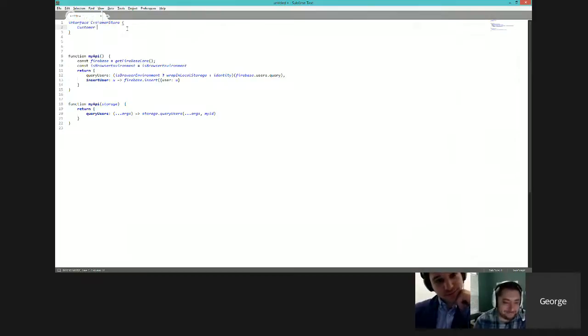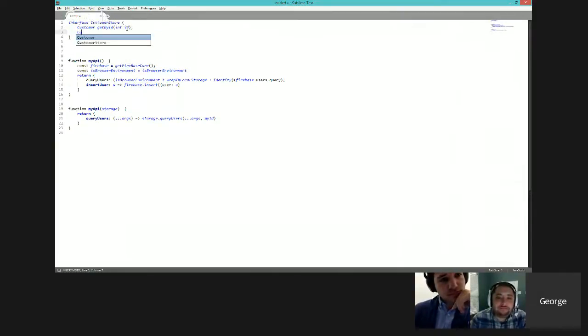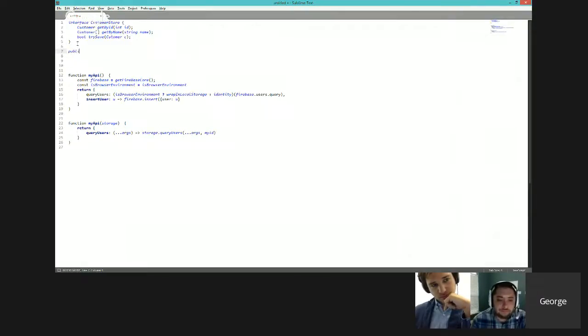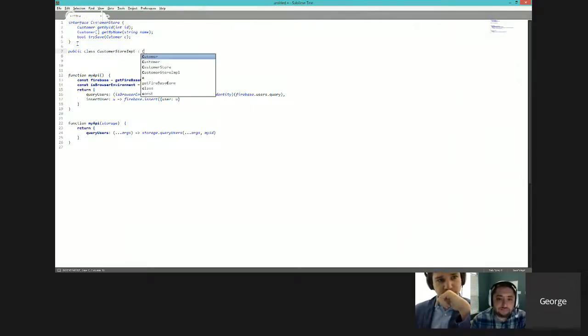Yeah. And then you would do something like get by ID, right? You would pass an int ID, and then you would have customer list, and you would say get by name, string name, and then you would have something like bool try save, right? And then you would have a class, it would be a public class customer store implementation, which implements the customer